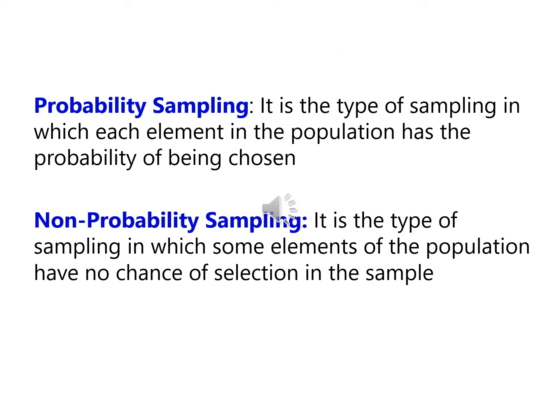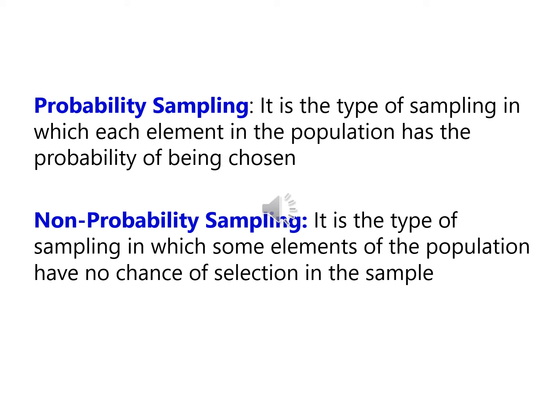So basically sampling is divided into two major types: probability sampling and non-probability sampling. Probability sampling is a type of sampling in which each element in the population has an equal chance of being chosen. Everyone is at risk of becoming part of the sample. So anybody can be chosen or cannot be chosen, but everyone is at least at risk or chance of